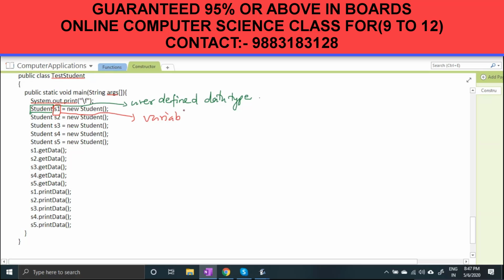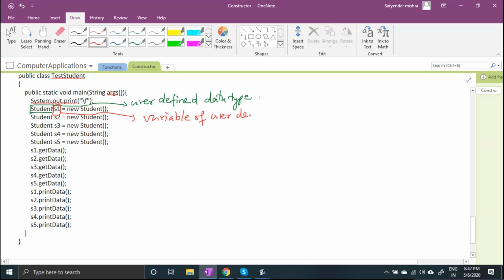It's a variable of user defined type, right? So a variable of user defined type is called an object. It is called object, right?